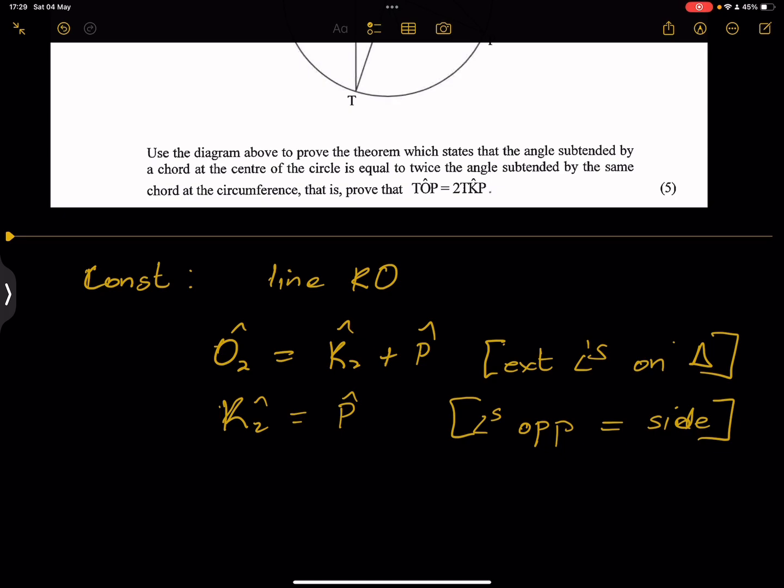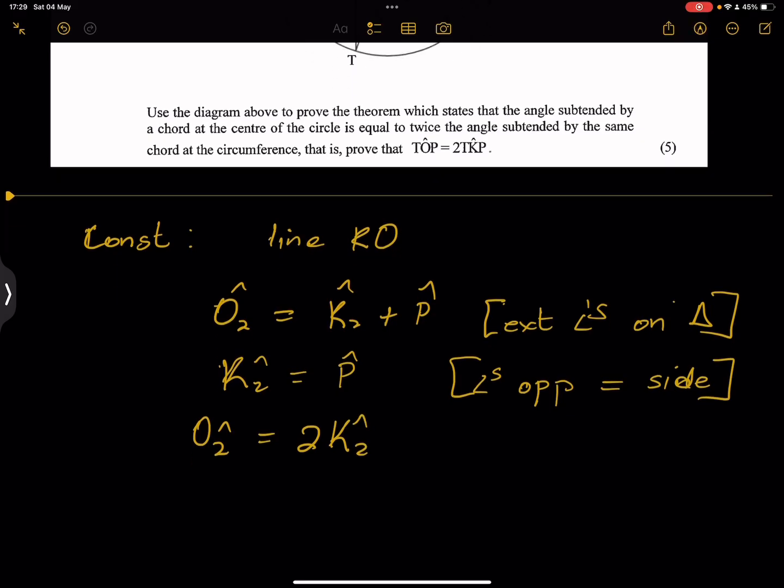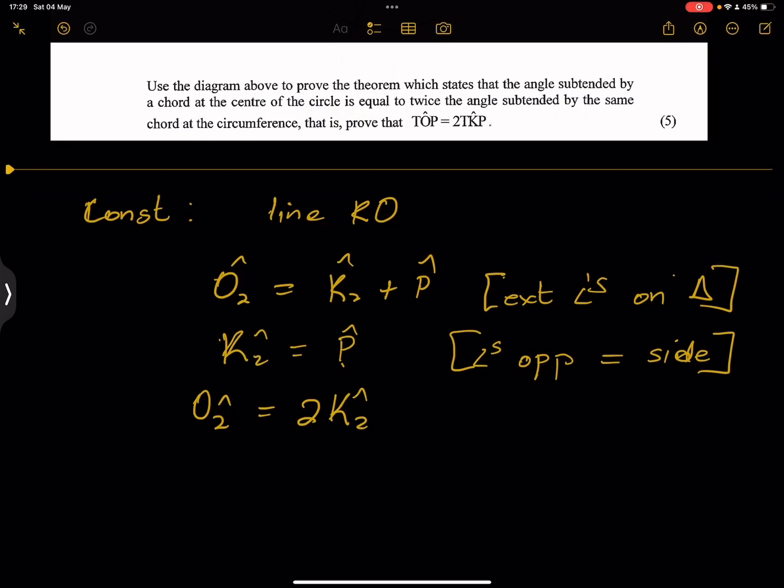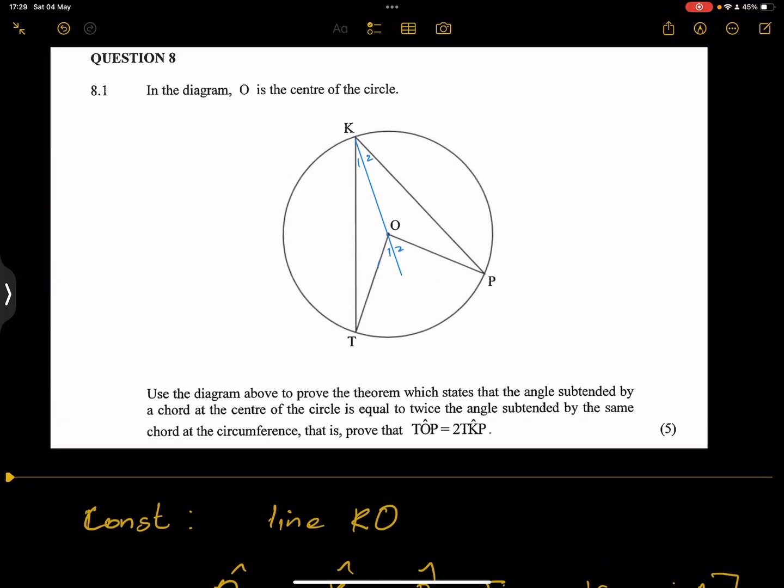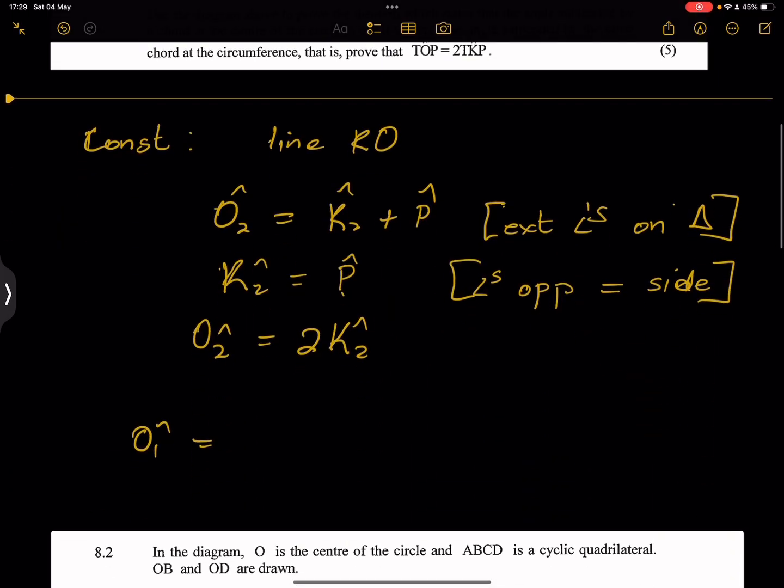Now because P is equal to K2, you can say therefore O2 would be equal to 2 times K2. All right, so you can see that, right? Because P and K2 are equal. Similarly, we can say O1, so on the left-hand side, O1 would be equal to K1 plus T. Okay, so that would be equal to angle K1 plus T. And again, why is that? Exterior angles